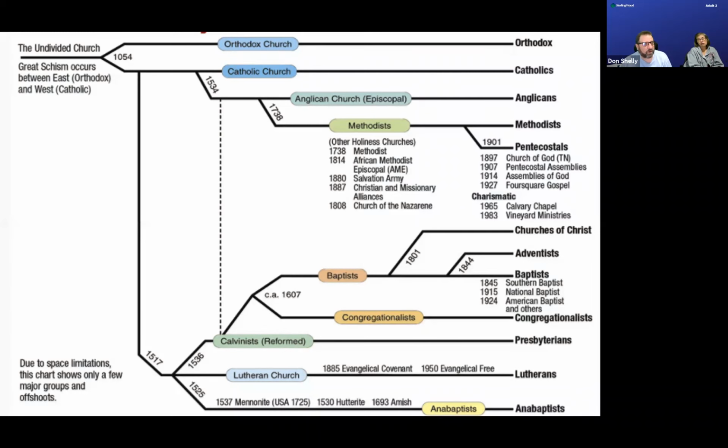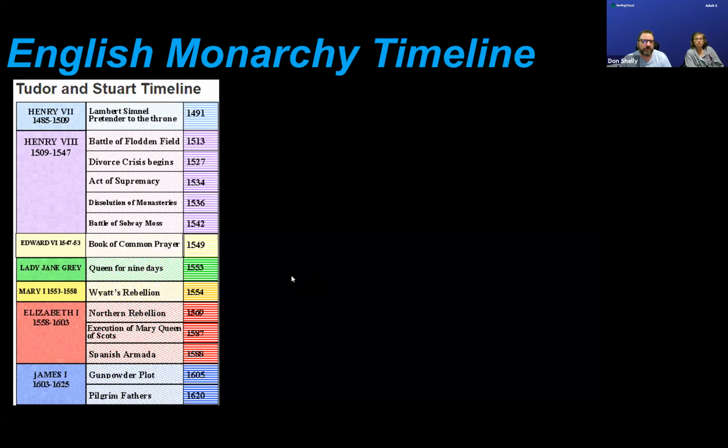And so if you recall, just really quickly without going back too far, but it helps to set the stage, helps me to set the stage as well. We spent a good amount of time talking about the timeline of the English monarchy going back to Henry VII, Henry VIII, all the stuff around him, and the break because of Henry wanting his divorce and the Act of Supremacy. And we talked some about Edward, his son, the nine days of Lady Jane Grey, Mary, who we know as Bloody Mary, Elizabeth, and then James.